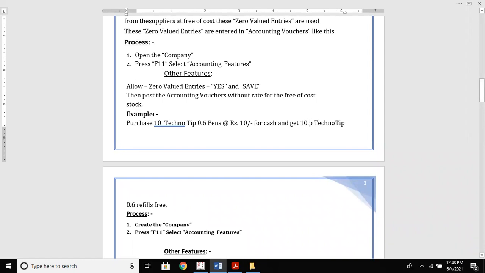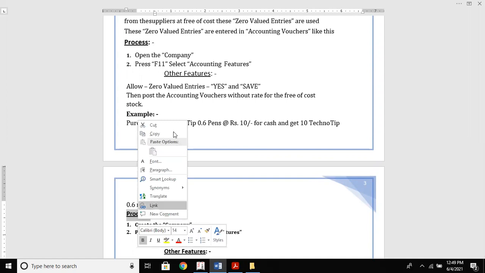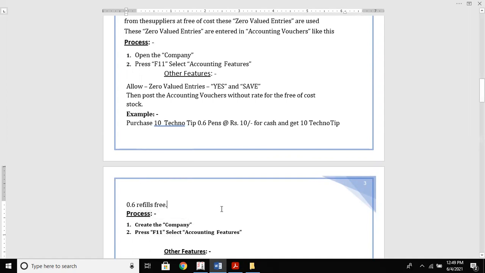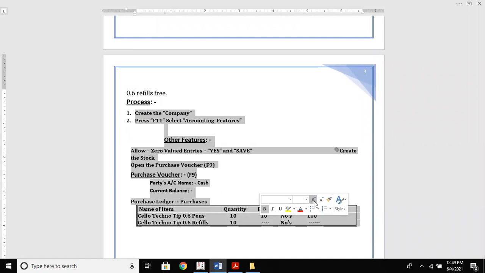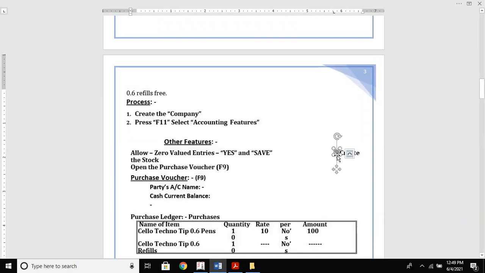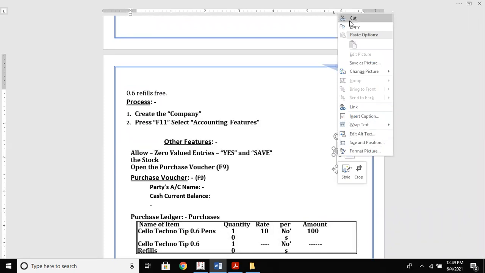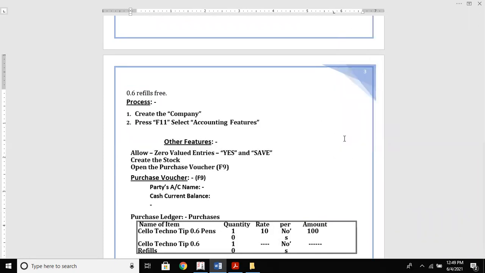So you're purchasing it for cash and also you're getting the refill for free. So how are you going to enter? So this is the process you're going to follow. Now let's see the process.